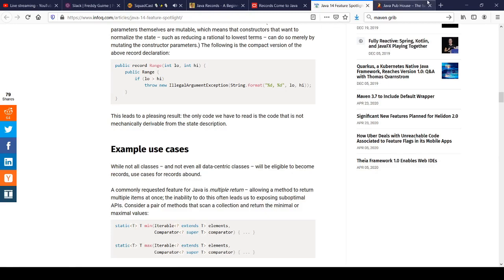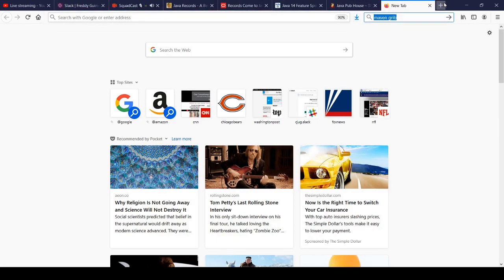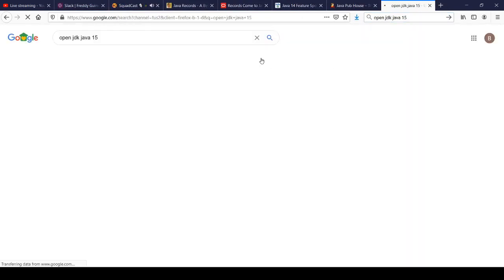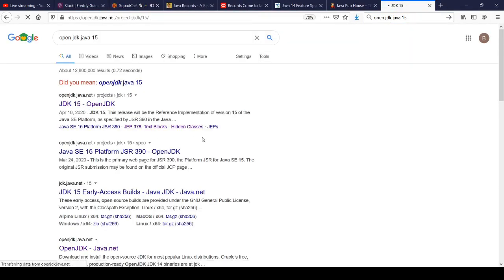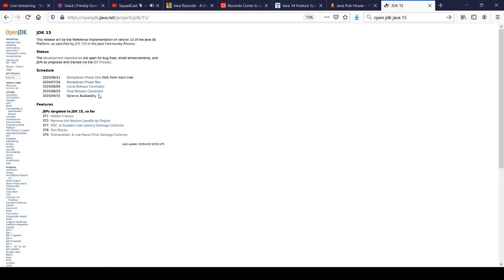So this is the article from Brian Goetz. Java 15. Is it going to be hidden classes? No. So we don't have it on the Java 15 release. It hasn't made the cut to get out of preview by then. But maybe Java 16, and you'll have these things available as a regular feature. Just depends on the usage.